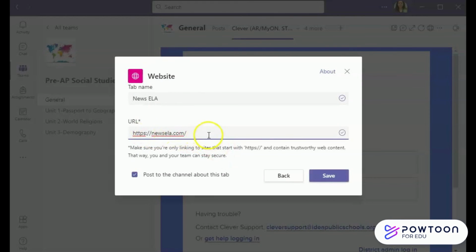You can type it in as well. And make sure that you click the check mark next to post to the channel about this tab, because this is going to give the students a notification. It's also another way to make it really easy for the students to find it. So they'll get a notification about it. They'll be able to